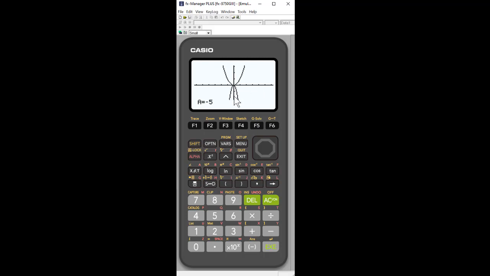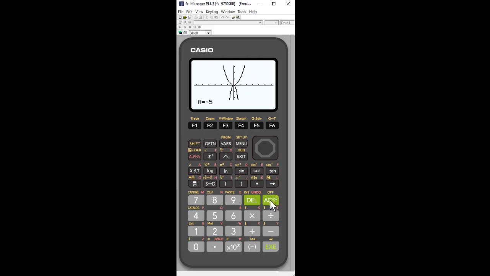And so now I'm able to dynamically see these changes in that coefficient, that variable a, and I can now realize that that determines how wide my parabola is, whether it's opening up or down. When it's negative, it seemed to be opening down. So I can get a lot of information just from watching this variable dynamically change. So as it's changing, I'm seeing the changes in the graph compared to the parent function.